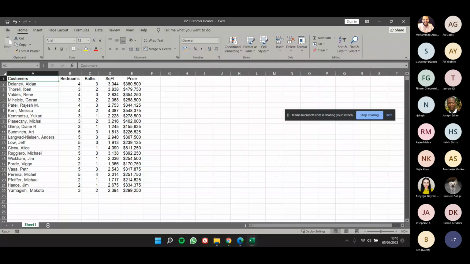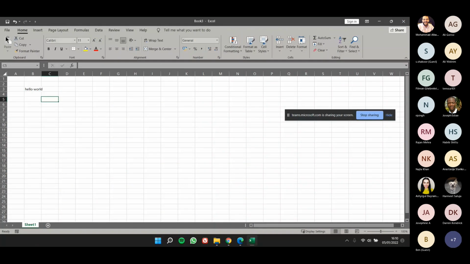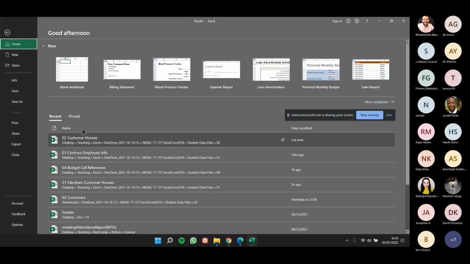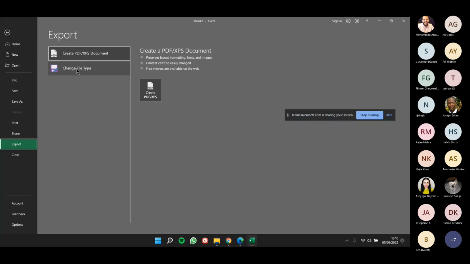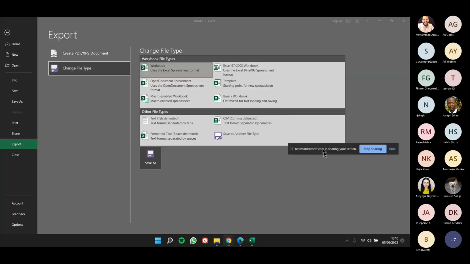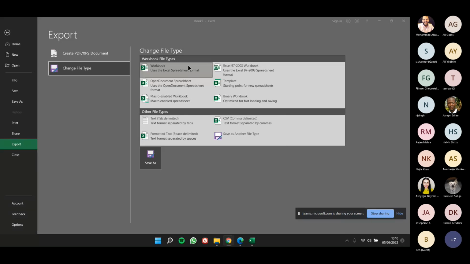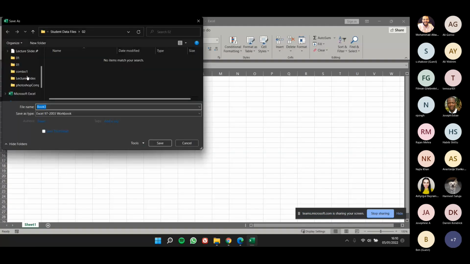saving in a different format, if we close this one and go to File again, it takes us to the Backstage view. If we go to Export and click on where it says Change File Type, you can see that we have some file types that we can select. We can save it as a workbook, or, for example, in the Excel 97 to 2003 format. If we click on that and click on Save As, I'll just save that somewhere on my desktop,